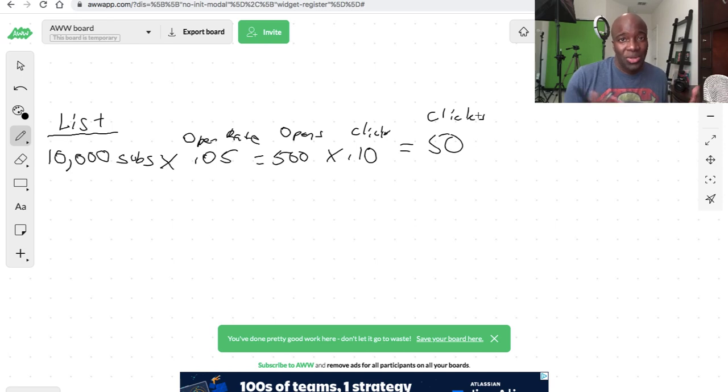And that's why a lot of the big gurus are growing these huge lists of hundreds and hundreds of thousands of people, because they know the more people they can send email to, the more opens, the more clicks, the more sales. But this is just off of a list of 10,000 people, and you're going to get about 50 clicks with these different averages. So a 5% open rate, which is 500 people, then a 10% click-through rate,